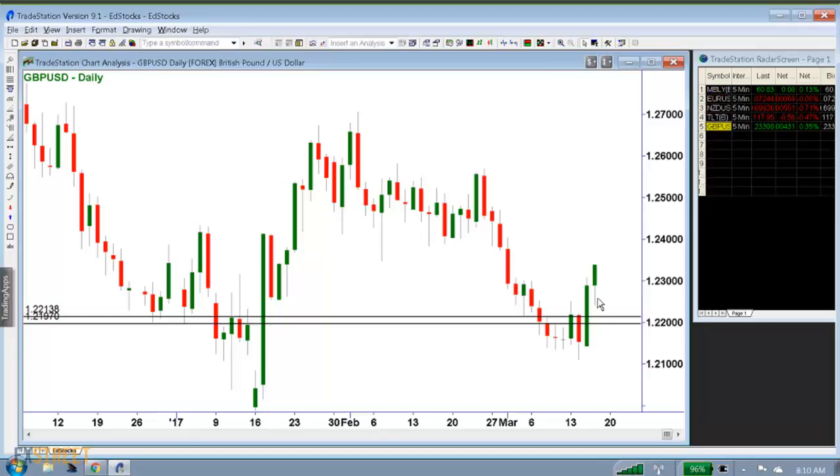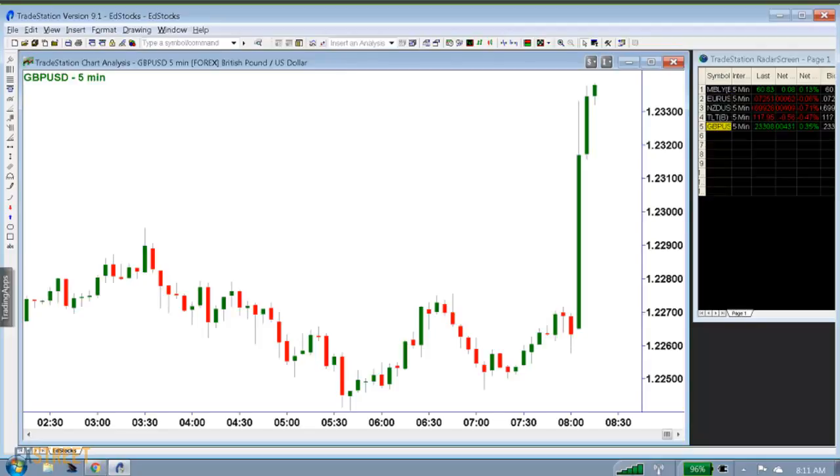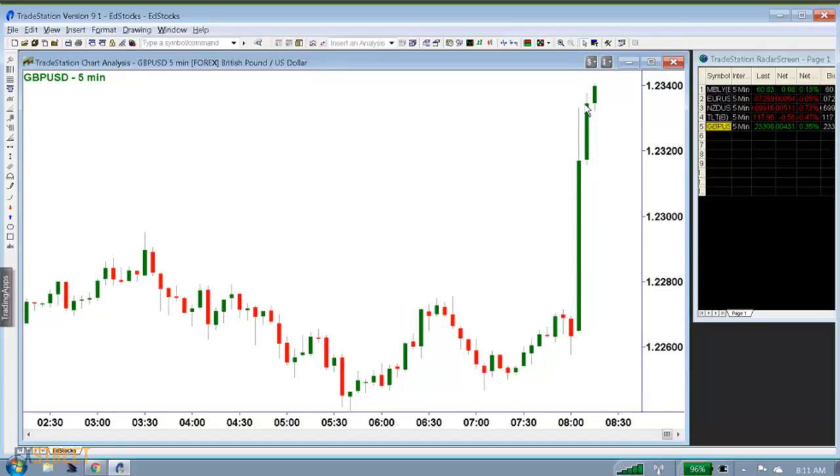Now you're seeing that the pound is rallying, and it had a big rally yesterday because the dollar was very weak, but it's having a big run today also. If I show you the 5-minute chart, some of this happened just within the last few minutes because we just got the decision from the Monetary Policy Committee within the last 15 minutes. Look at that. Within the last 15 minutes, we went from 122.60 to 123.30, and it's still rolling.